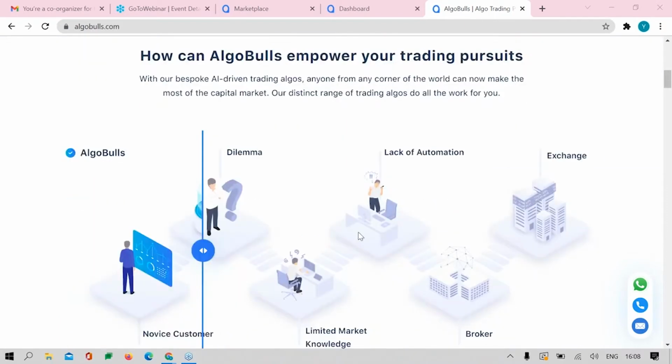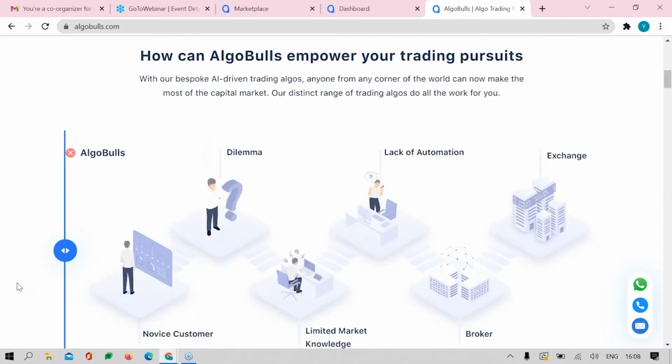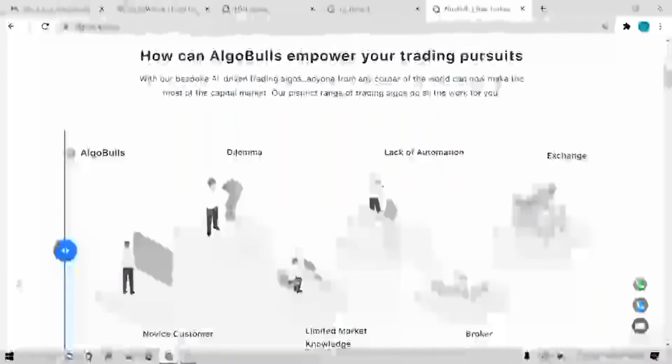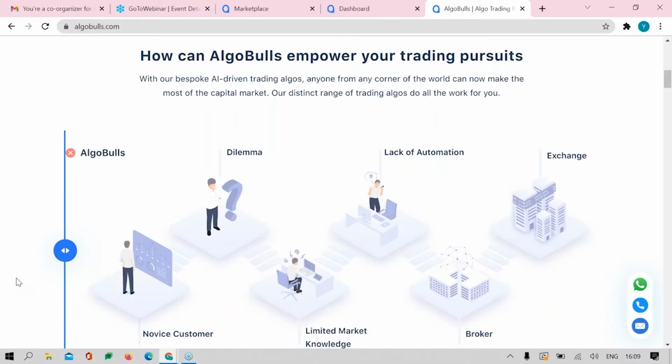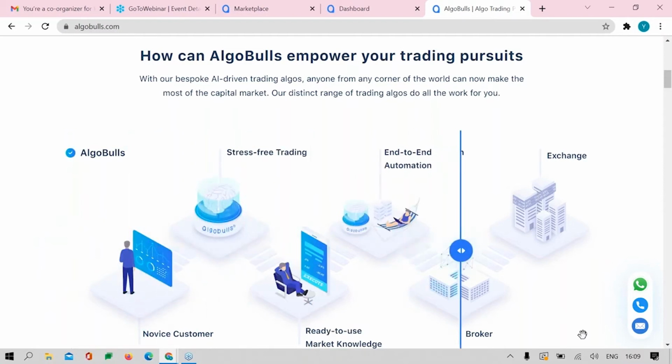Talking about algorithmic trading, many thoughts come to your mind: this is going to be a really complex solution, I should learn coding to become an algo trader, I can't automate algorithmic trading without learning Python, I can't connect multiple brokers because the solution is really expensive, or taking data from the exchange is really difficult. These were the thoughts that used to come to your mind when you first thought about algo. But with AlgoBulls, what we are trying to solve is